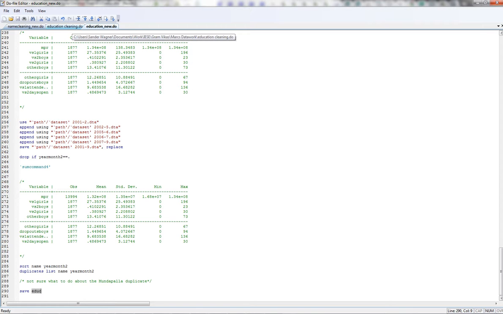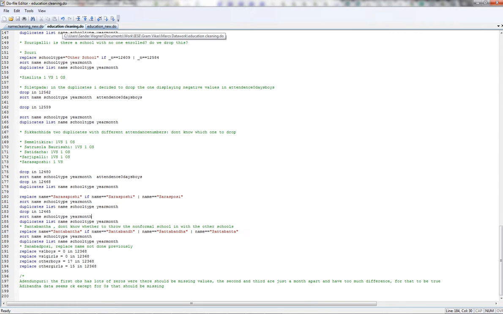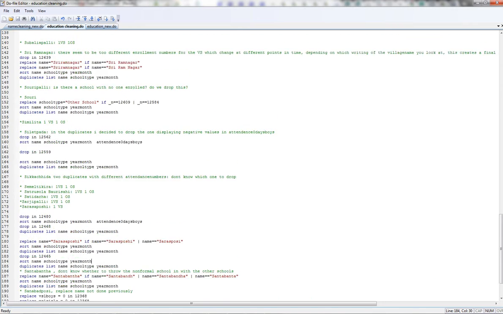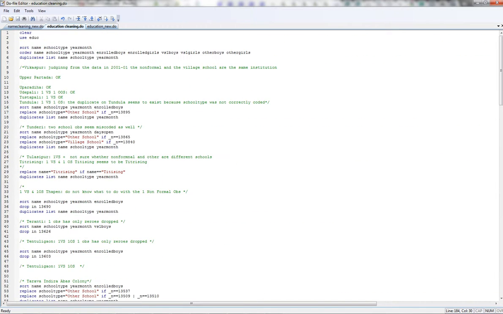For the cleaning, I work with 2 files. The main file is the file I sent you under the name education cleaning here. So what I do in education cleaning is I load this, I clear everything, I load this file, educa, which I just created with the previous do file, and then I go through the data one by one, or basically village by village,